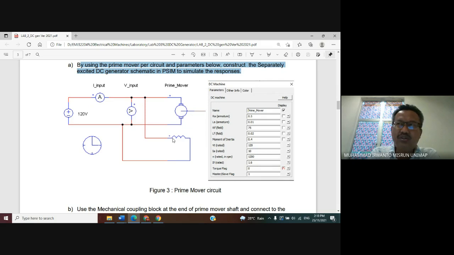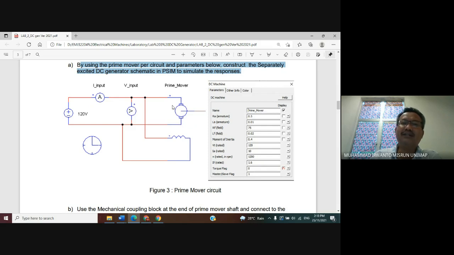Now here we want to compose the DC motor, with the DC motor parameters shown like this: RA, LA, RF, LF, moment of inertia, and so on, listed in this dialog box of the DC machine.